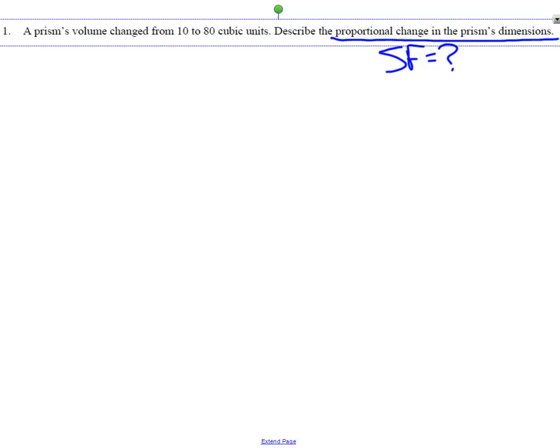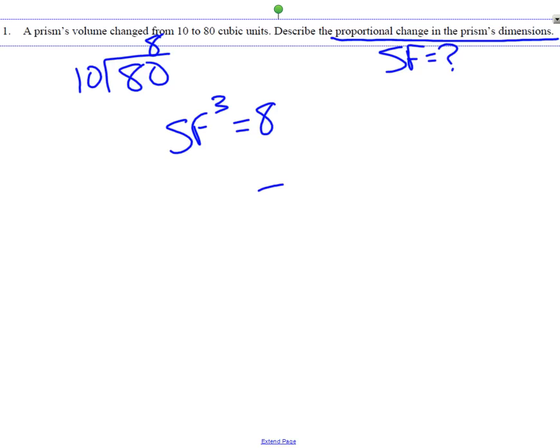So our volume went from 10 to 80. So we think, at what rate is it growing? How do we get from 10 to 80? Times 8. If you don't know that, we can work backwards and say, what's 80 divided by 10? So does that mean our scale factor is 8? No, that means the scale factor cubed is 8. So we just have to think, what number times itself 3 times equals 8? It's still 2. Which means our scale factor is